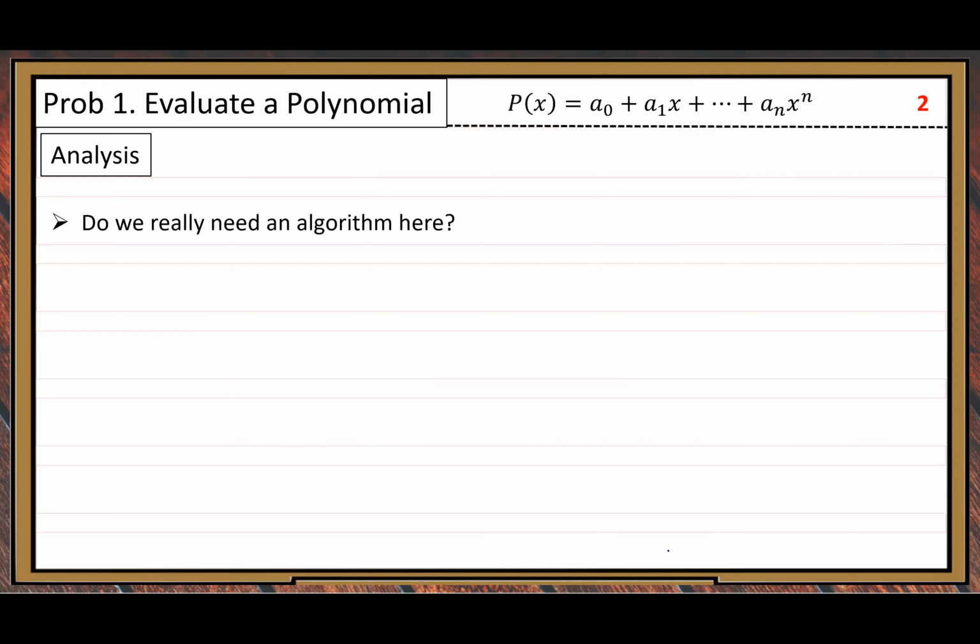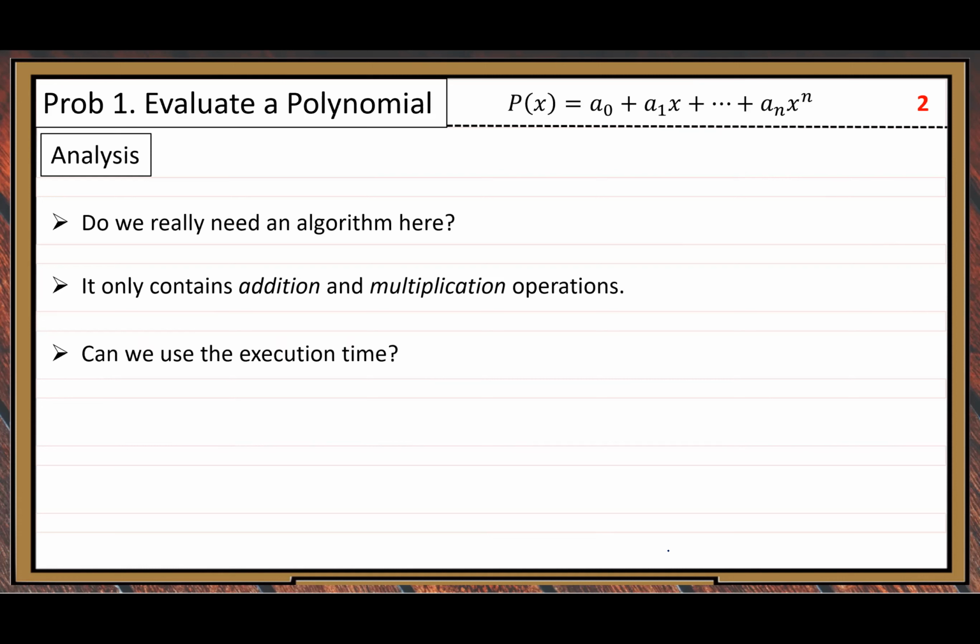It sounds like nobody needs an algorithm in solving this problem. So let's try to go a little further. Although it only contains addition and multiplication, the question is, do we have different ways to do additions